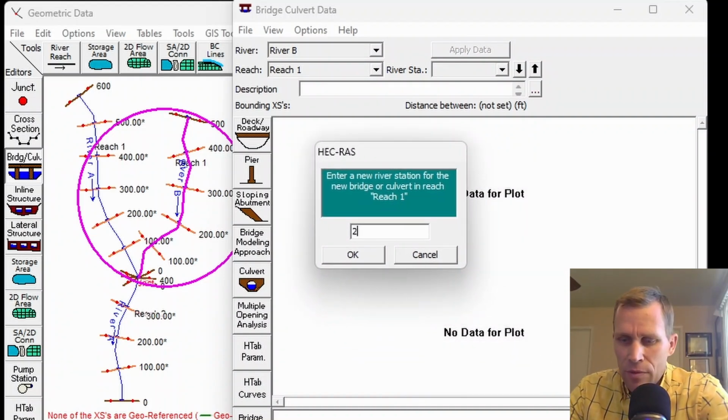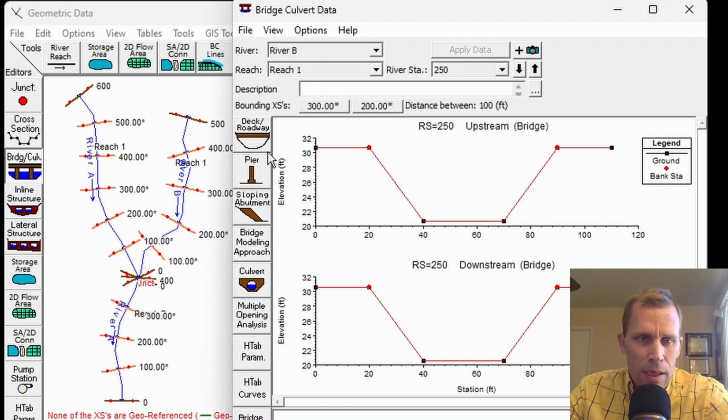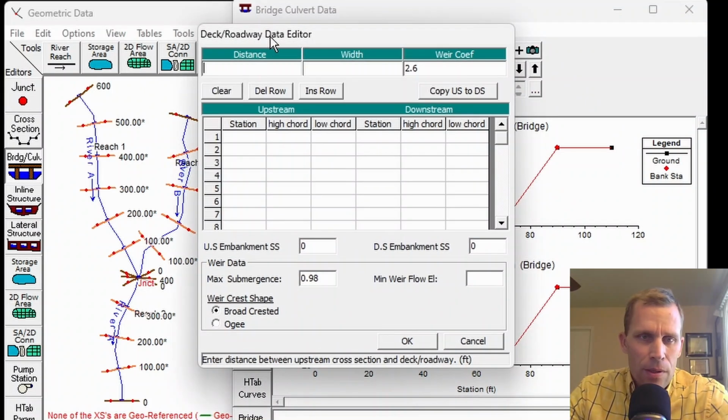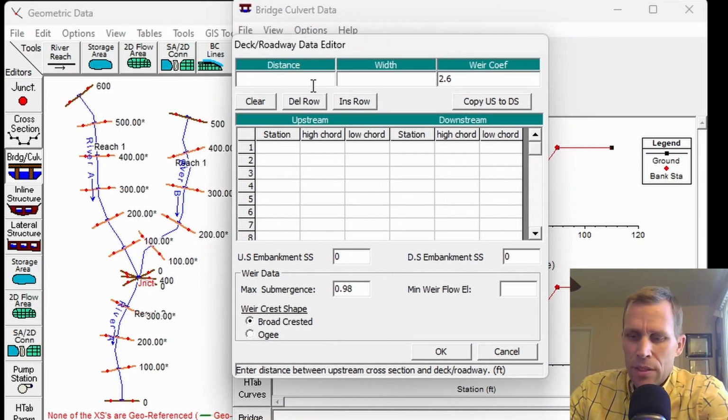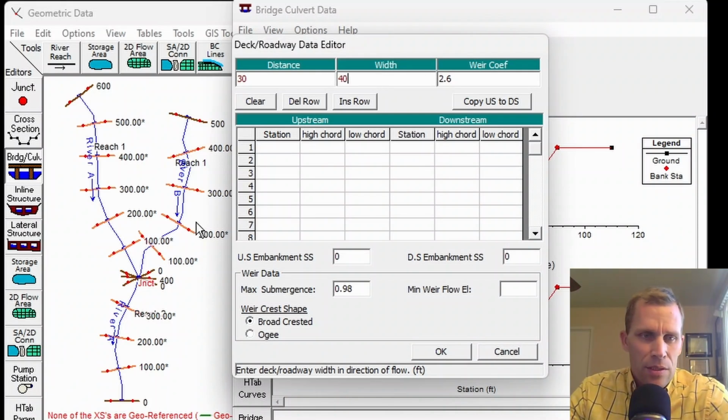So this is the river station 250. Now, I'm not going to get too crazy with adding piers and abutments, but I will add a deck so it appears on the plan view. We'll go with a distance of 30 and then a width of 40, so that should be centered between the